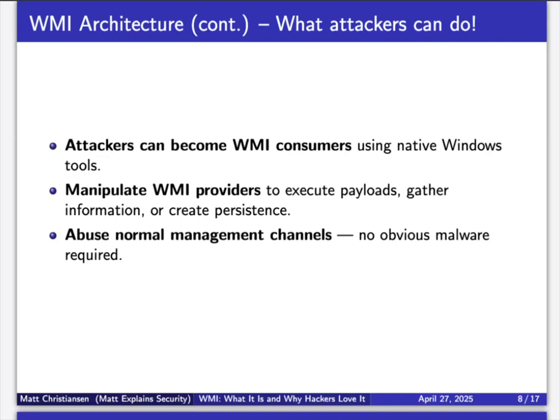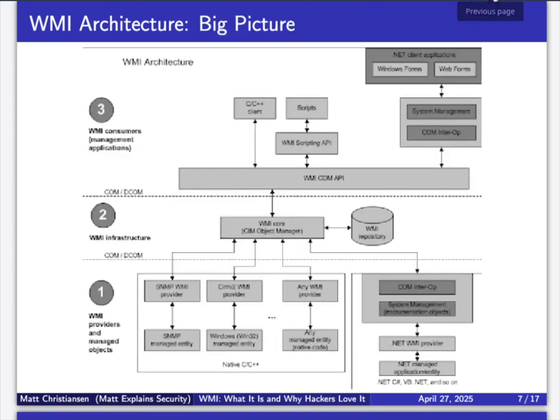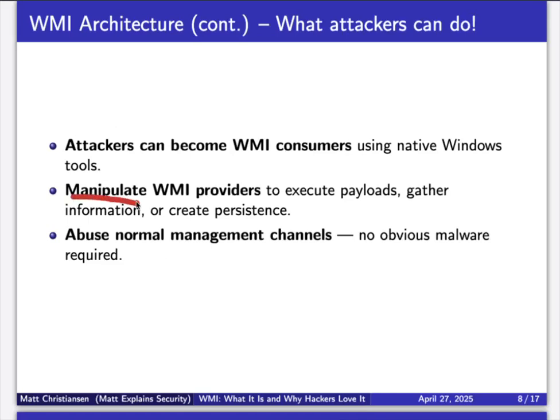Okay, so this is very key. Attackers can become the consumers using native Windows tools. If we go back, attackers can become the consumers. So they can become the scripts, interface with the scripting API. They can be a C++ client, and they manipulate WMI providers to execute payloads. So they're going to pretty much talk to the providers to get them to do things maliciously and create persistence, which I'll be going over